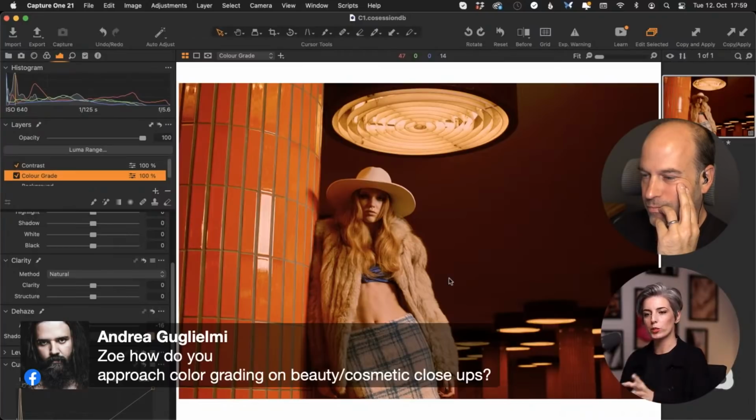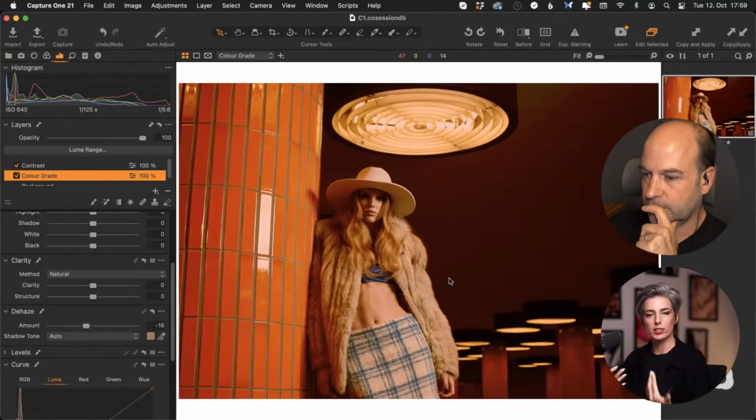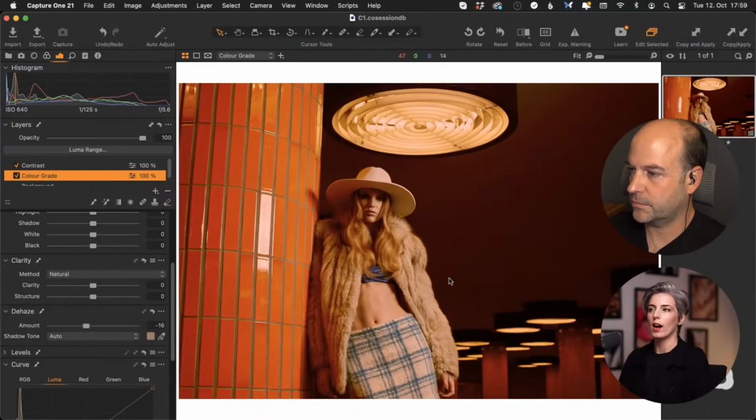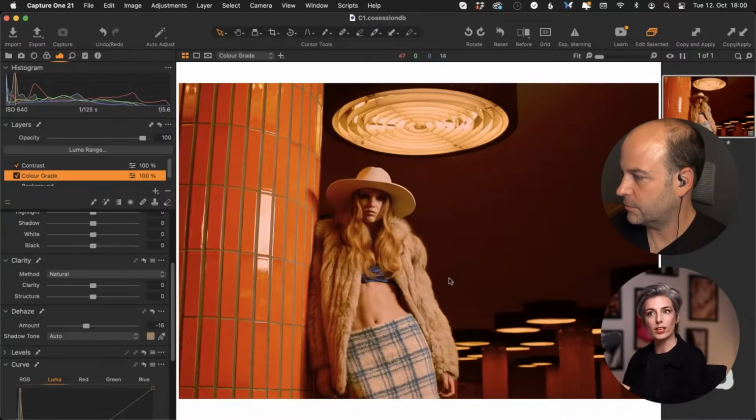For beauty, I am much more focused on color correction. And color correction would be things like making sure the skin tone is all the same color and there's not redness around the nose. Color grading for beauty photos would be very, very subtle, because ultimately I want the skin tone to be real. I want it to feel real. I want the makeup to be a true representation. If it was, say, for a client shoot where we're using a lipstick, it has to be